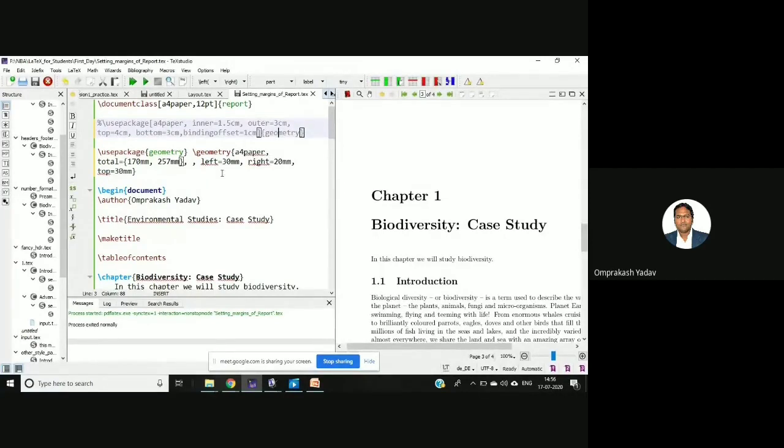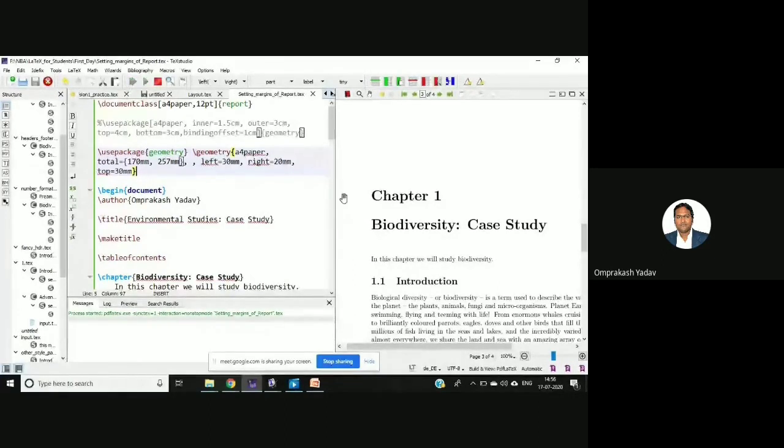And then I am mentioning the different dimensions. Here the total I am mentioning, this total means the total height and width of the entire body part. Height and width, so 170 mm and 257 mm. Then the left margin, right margin, top margin, the structure which we saw in the layout. So that also we can set. So this is one more way, whichever way you like.